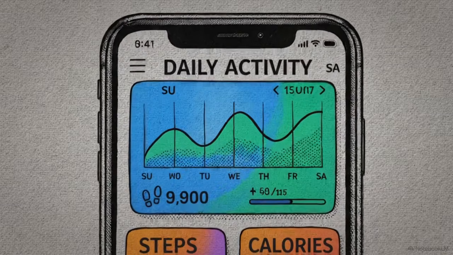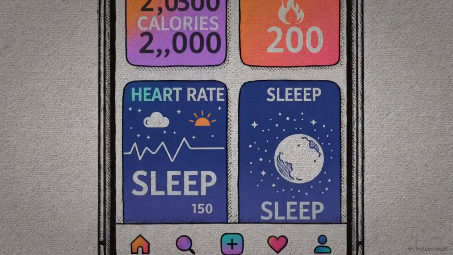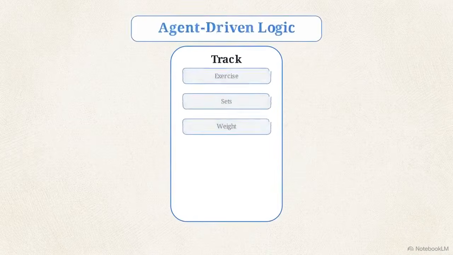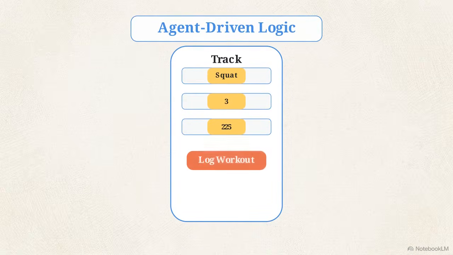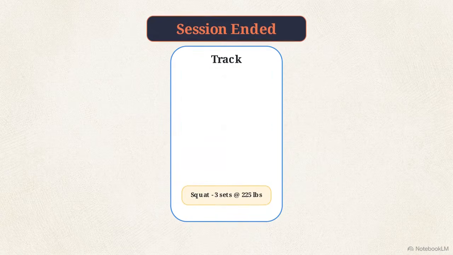Now we transition from a static design to a working tool, starting with the track section. We instruct the agent to replace placeholder data in the track section with actual logic, allowing user inputs for exercises, sets, and weight. Log a test workout to see your reps recorded in the UI, but watch what happens when